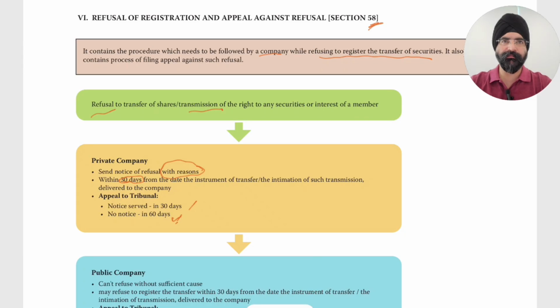let's go by the sequence. A notice is sent by the company to the shareholder that shares cannot be transferred or transmitted due to the provided reasons. Now, if notice is served, notice has to be served in 30 days. Then 30 days time is given to the shareholder that it can go to tribunal to appeal this matter before